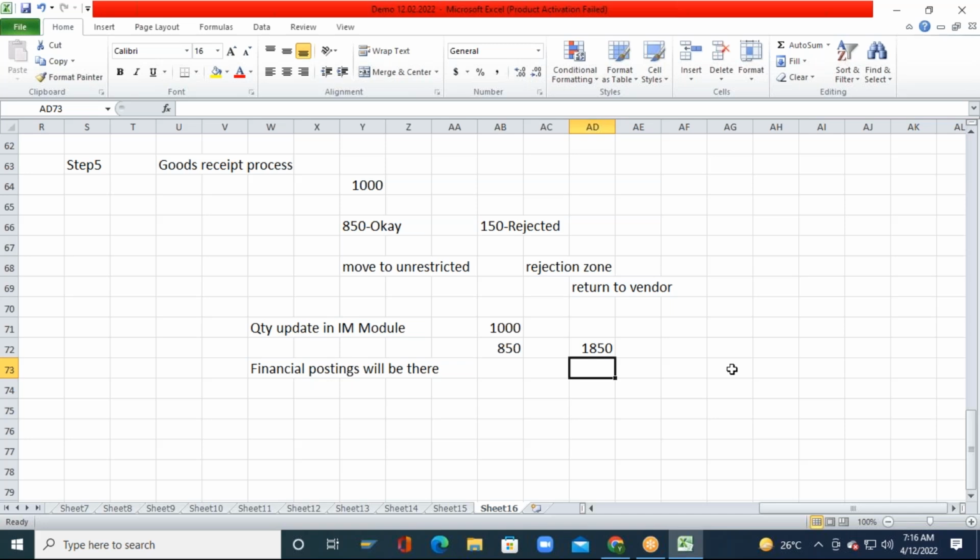Okay. So again, let us say I received one more 1000 pieces. My stock will become 1850 plus 1000, 2850. Like this, there is a quantity update in the inventory management module, right? Then